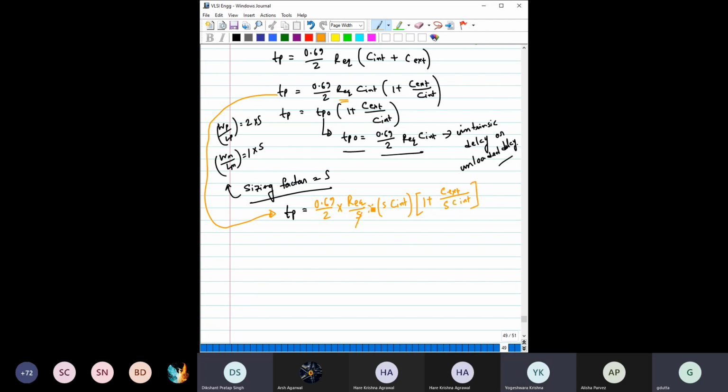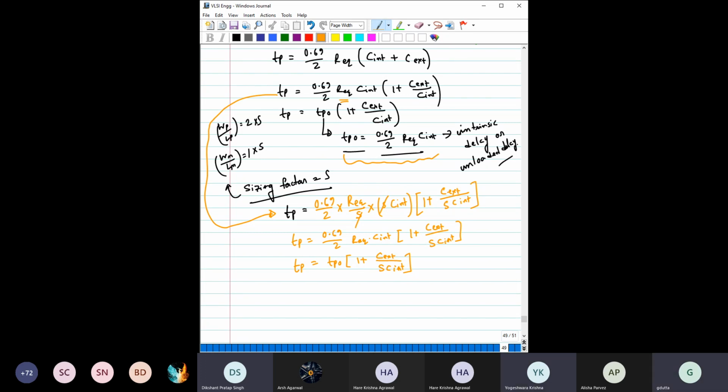So then you can clearly see what we are getting from here is that if we scale this inverter by a factor S, then we are getting 0.69 by 2 R equivalent C int into 1 plus C external by S C internal. So what is this? This is nothing but TP naught, this part, right? So we are writing it as TP equal to TP naught into 1 plus C external by S C internal,